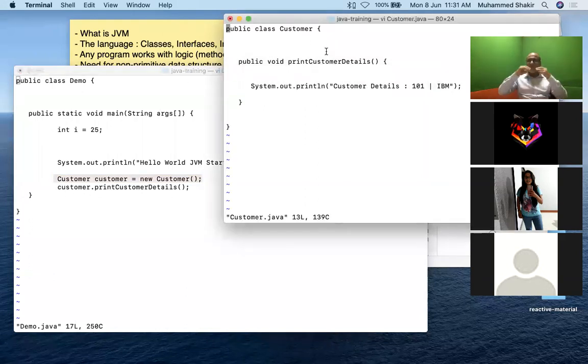Then I say customer.printCustomerDetails. What I'm trying to convey to you, not that I'm interested in actually showing you the syntax of the .java file and writing functions. I believe writing functions and such, you'll already know. The point here is that a Java application is made up of n number of classes. I repeat, a Java application is made up of n number of classes, and each one of those classes